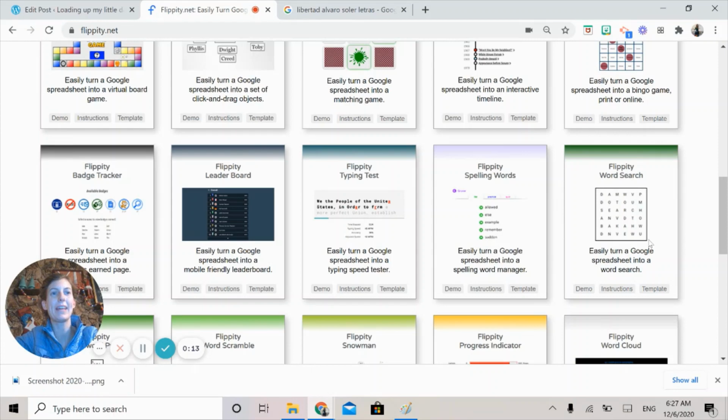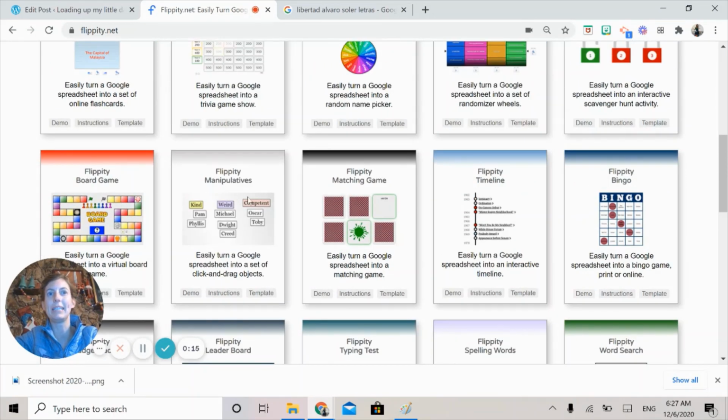of tools you can play with, but we're going to be using Flippity's Manipulatives, which is something I've been using a whole lot this year with my blended learning. My digital day kiddos have been using Flippity Manipulatives a lot, and they're just incredible. And I'm super thankful to the really smart person who spent a whole ton of time building this